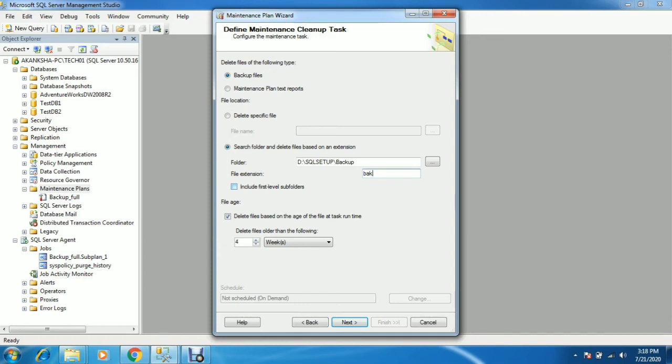Otherwise, you already saw, right? Once the backups happen, they are kept inside some subfolders like test01, test02 database. If you didn't check the subfolder, the job will not be able to find the backup file inside the backup location. So you need to check the subfolder as well. Okay, it's very easy.